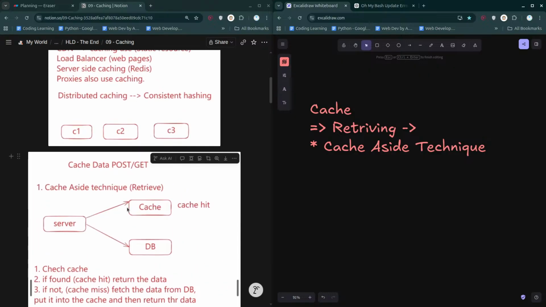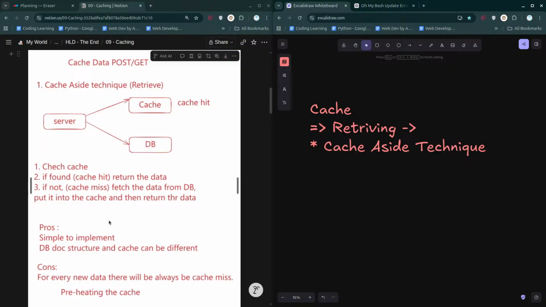What is preheating? Whenever you start your cache for the first time, there is data in the database, but as you started your server and your cache, whenever you get a request in the server, by default there is no data in the cache. So when you make a request to the cache for the first time, it's going to be empty and a cache miss will happen. To resolve this, you can preheat it. Preheat means you pre-save the most commonly used data in the cache, and the job will be done. I hope it makes sense.